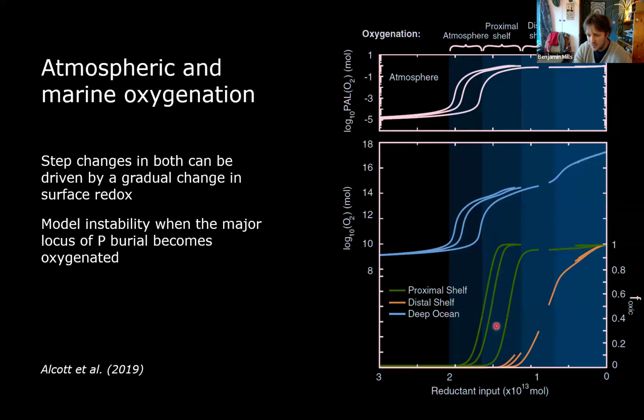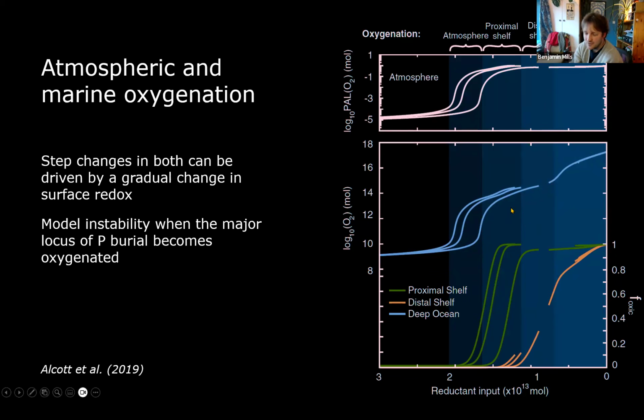What was more new is we got these catastrophic oxygenations of the ocean. So first in our more proximal ocean zone, then in our more distal zone, and then finally across our deep ocean. And we did this due to nutrient and oxygen feedbacks. So the idea is that when you begin to oxygenate a deeper body of water, you start to draw down phosphorus. You start to make things like iron oxides available, and you can remove phosphorus from the system.